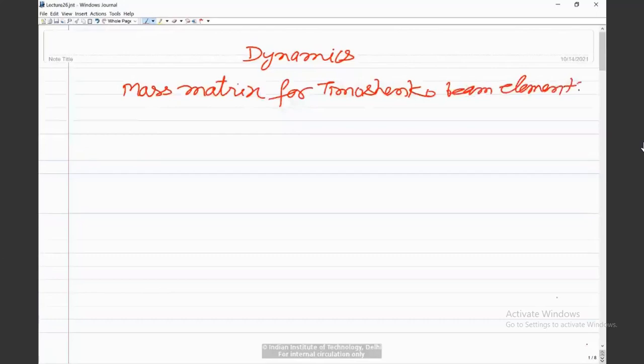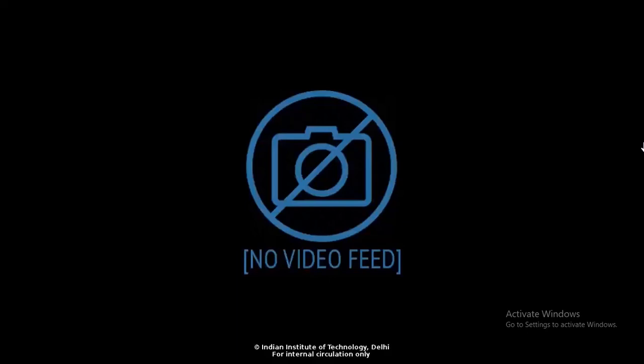Now in the Euler-Bernoulli beam element, the main assumption is that the normal to the middle surface remains normal and straight after deformation. In the Timoshenko beam element, it is not necessary that it is normal. So let us say this is the element. The coordinate system is x and y. Length of the element is L. This is node 1, this is node 2,